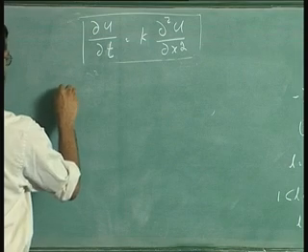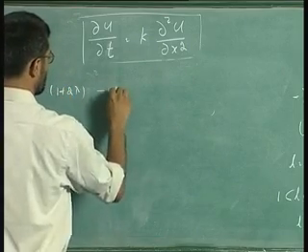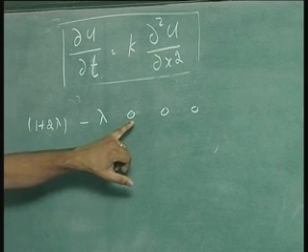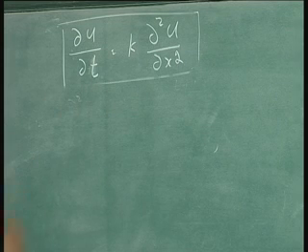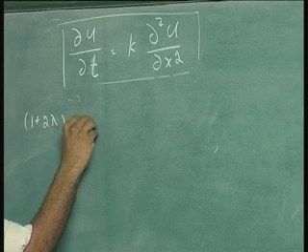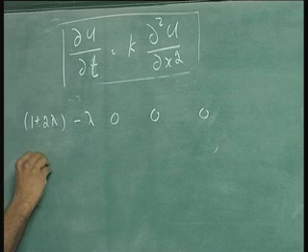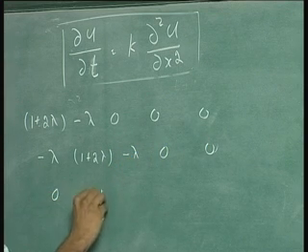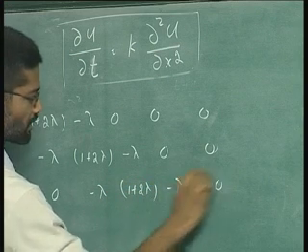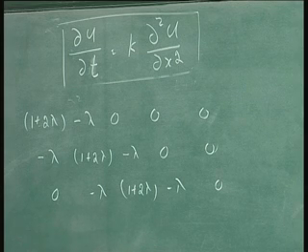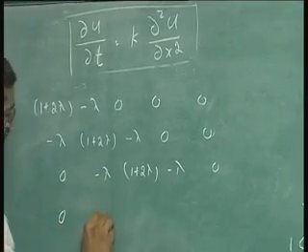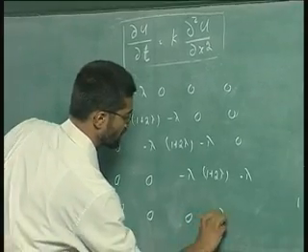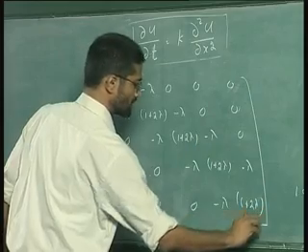So you will have an equation of this form: 1 plus 2 lambda, minus lambda, and then you have 0, 0, 0, etc. So let's write it for 5 points. Okay. So you have 1 plus 2 lambda, minus lambda, 0, 0, 0. And the next one would be minus lambda, 1 plus 2 lambda, minus lambda, 0, 0, and then you will have 0, minus lambda, 1 plus 2 lambda, minus lambda, 0, and etc. Okay, I will write all of it. So 0, 0, minus lambda, 1 plus 2 lambda, minus lambda, and then 0, 0, 0, minus lambda, 1 plus 2 lambda. So that's our matrix,